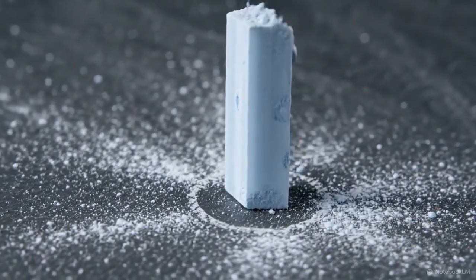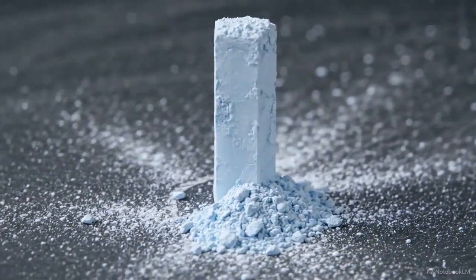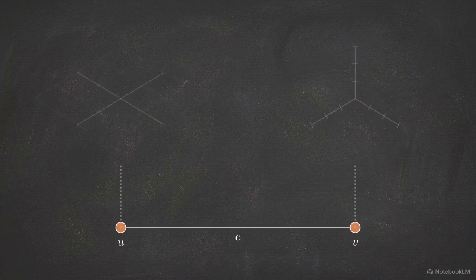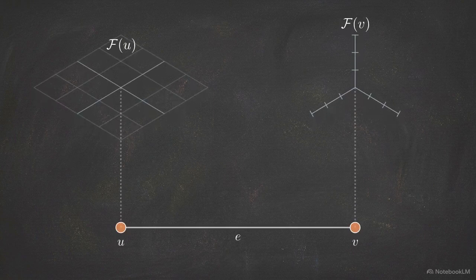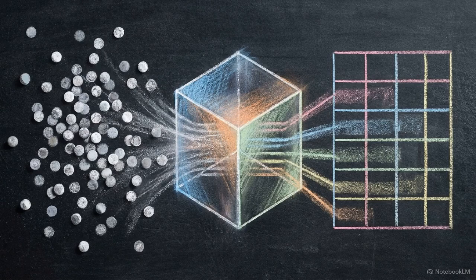To build the physical geometry of a cellular sheaf from first principles, we must start at the nodes. Instead of a simple scalar value, we attach a localized vector space, a stalk, to each vertex. The connecting edge carries its own shared stalk, where data is compared. We use linear restriction maps to project individual node data directly into this shared edge space. These restriction maps can execute complex operations, shifting coordinate systems, applying orthogonal rotations, or filtering out partial dimensional observations.